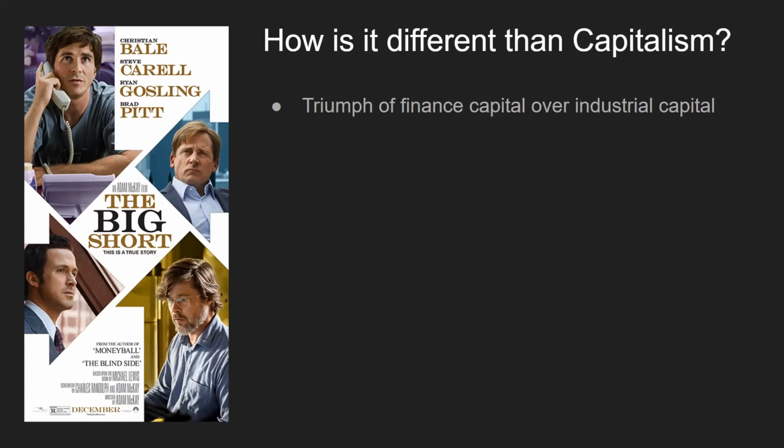So I put a picture of The Big Short because that's a movie that does a good job of explaining how, in the context of the 2007-2008 financial crisis, financial machinations and financial products that really have nothing to do with the underlying fundamentals of housing. People will need houses to live in, but nothing about the real economy really explains what happened there. And so you basically just see a capture of more and more of our money going towards finance, with money being bound up into financial products as opposed to being invested into things that might actually produce something,